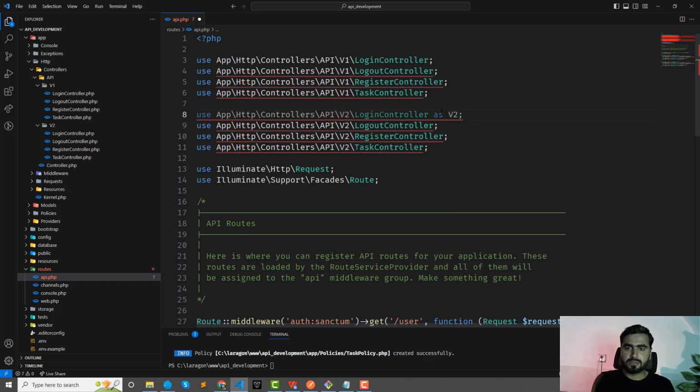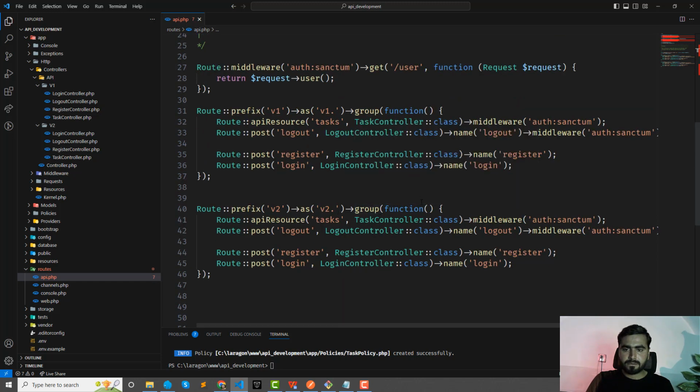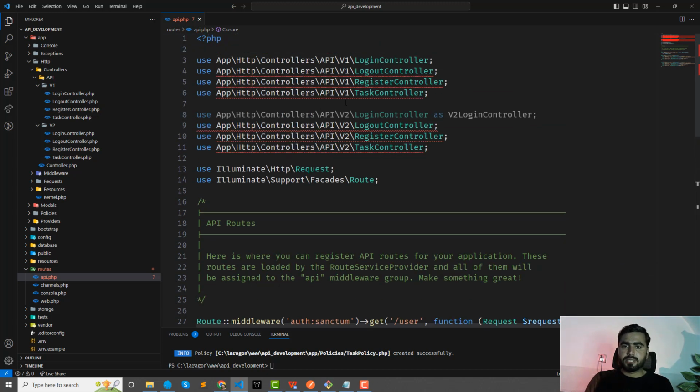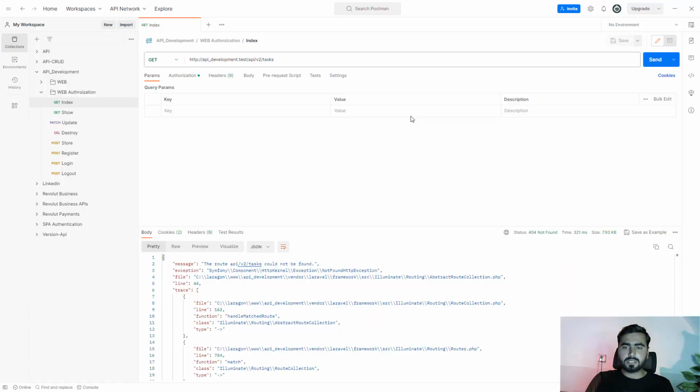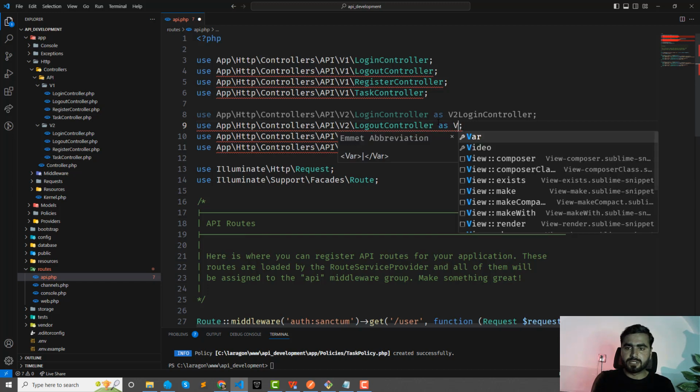And here we can say version v2 login controller, right? And we can use this like... okay here, guys, how we can rename this to another one, like I did this here. So also do this, so v2